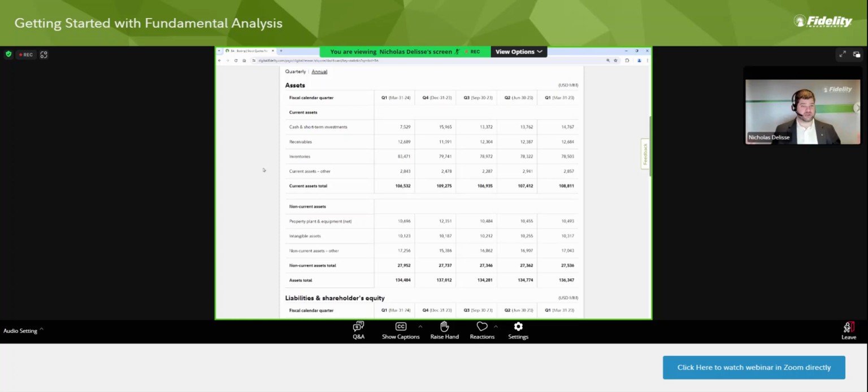Receivables might be if you sold something and you've given them terms. They have to pay you in the next 30 days, 60 days, 90 days, and such. I remember working for a home builder. We'd buy a whole bunch of lumber, $100,000 worth of lumber in a month, very, very easily. And we didn't have to pay for it when it showed up. We had 30 days to pay for it, kind of like a credit card. Sometimes if you paid it off a little bit early, you'd get a discount. And if it took you 60 days, they'd charge a little more interest on it. So this is all considered to be short term, but those are receivables.